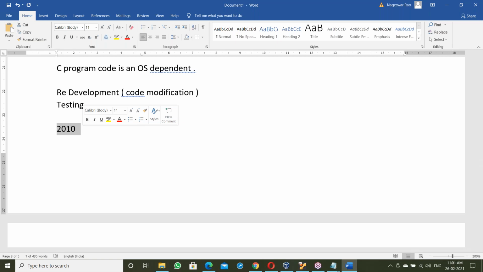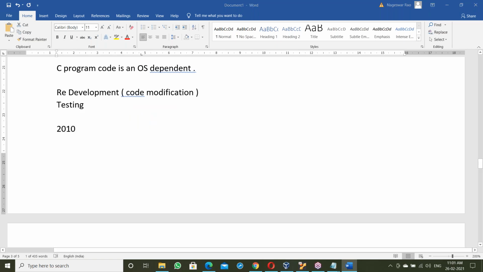Now, what is the current scenario in the market? 90% of applications are Java applications. Take any application like Flipkart, Amazon online services, Facebook, or Google: 90% of projects are developed in Java. Only about 10% are ERP projects. Even big data applications use Java, like Core Java, and Spark also uses Java. So most applications are developed in Java.